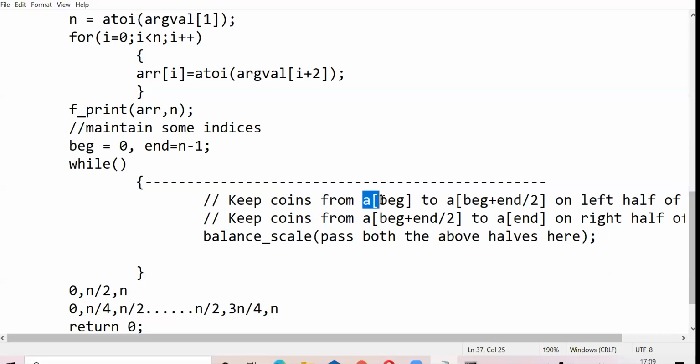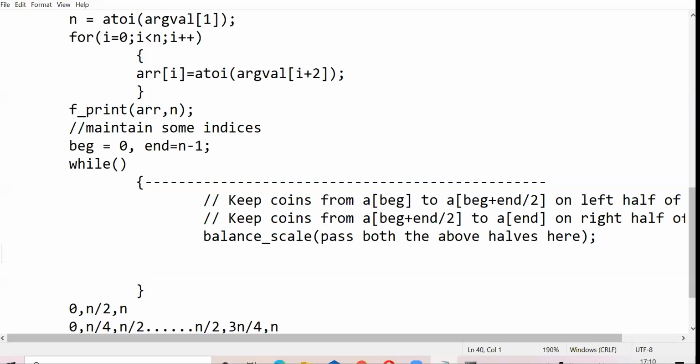Or you can just pass these indices to the balance scale function and have the remaining functionality in the balance scale function, which checks which half is heavier. So this balance scale function now tells you which of the halves is heavier, right? Based on the output of the above function, you change the values of your beginning and end.